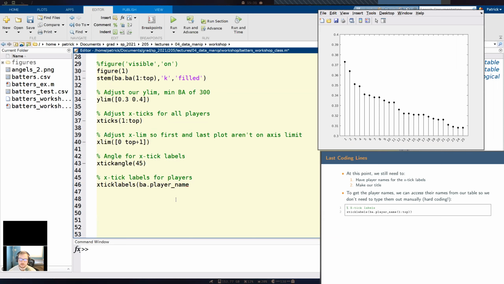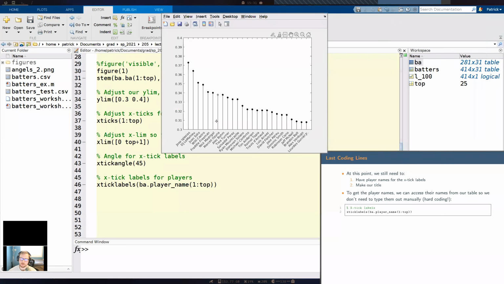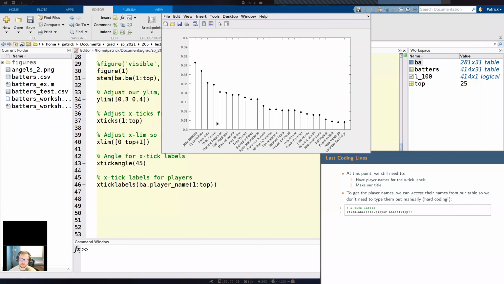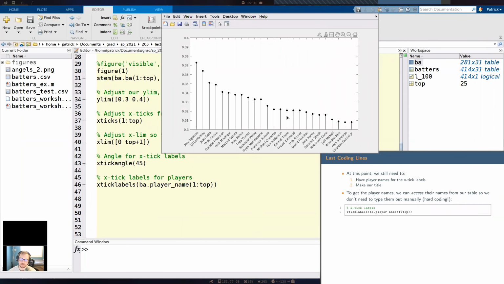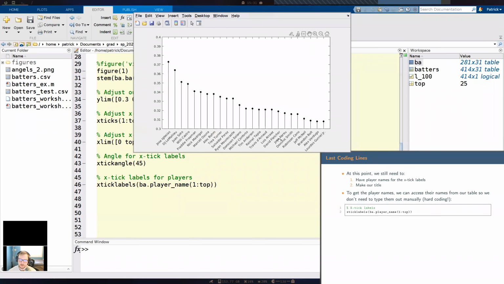And we want to get those top 25 players, so we're going to use array addressing again and do 1, and instead of putting 25, we're going to say 1 to top. Okay, let's run this. And there we go. Now we have all of these player names. They're pretty close here, so we could stretch this out a bit, and then that looks better. They all showed up, and I didn't have to type out anyone's name at all.